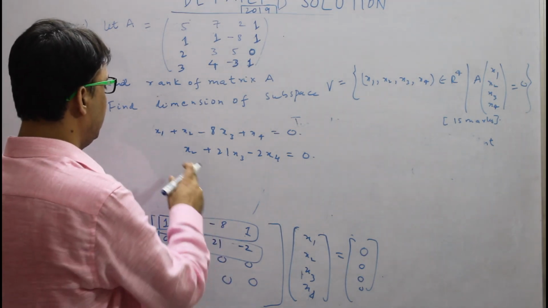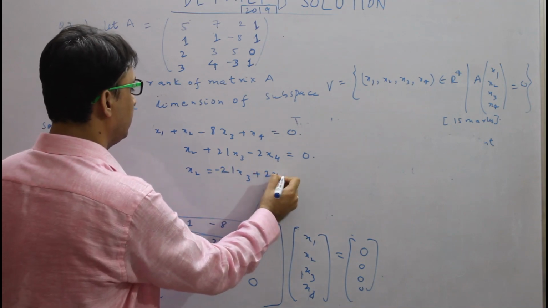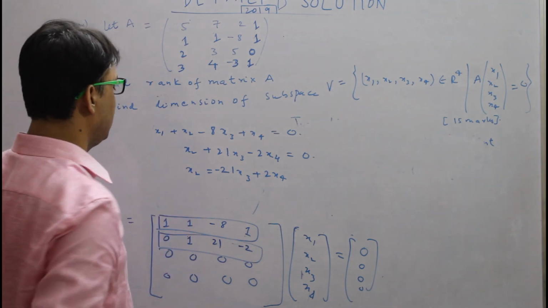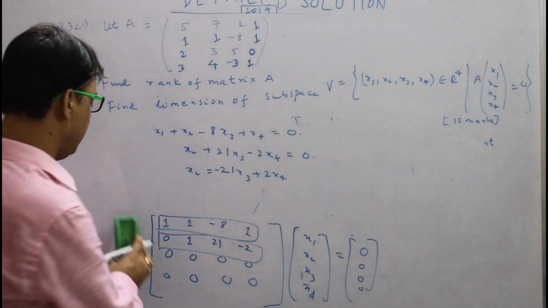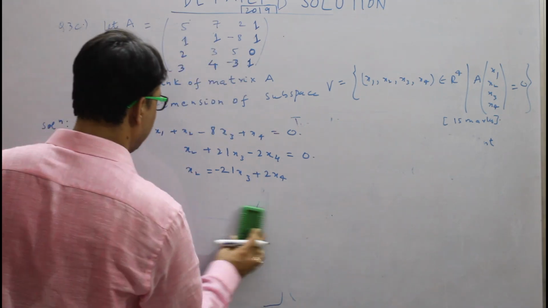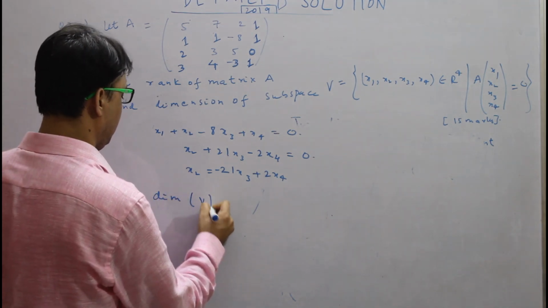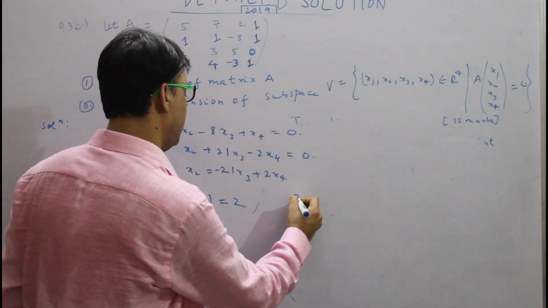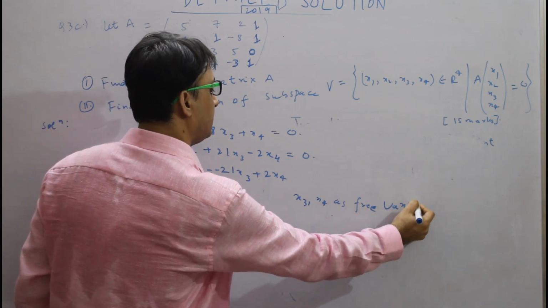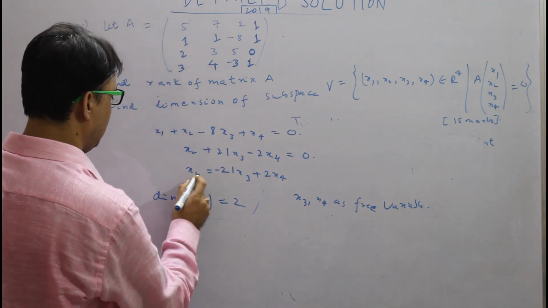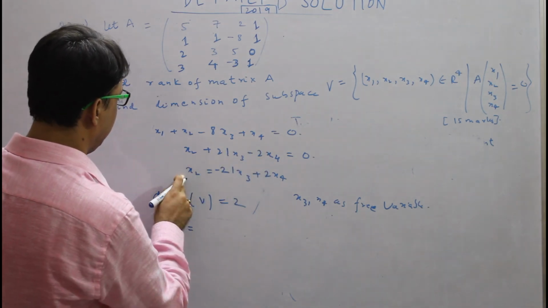Now we are seeing that we can write this x2 as minus 21x3 plus 2x4, and we can put this in this equation. So we are only seeing that there are two free variables, that is x3 and x4. That means the dimension of the subspace V is equal to 2, because we are having only x3 and x4 as free variables, and we can write, after putting this one, x1 is equal to minus of x2, that means